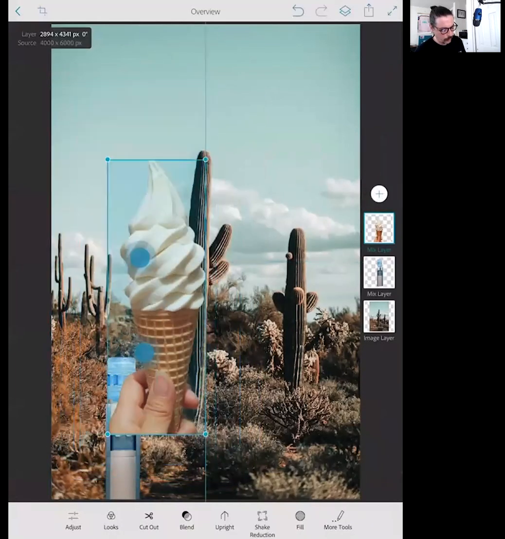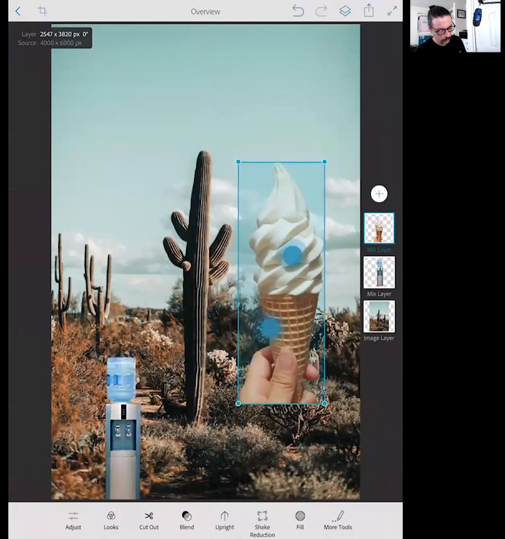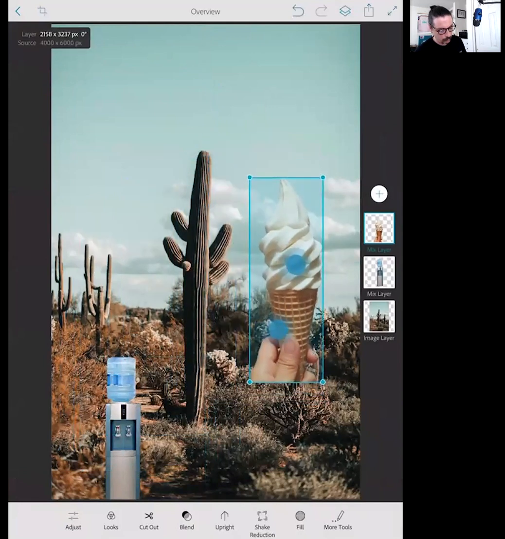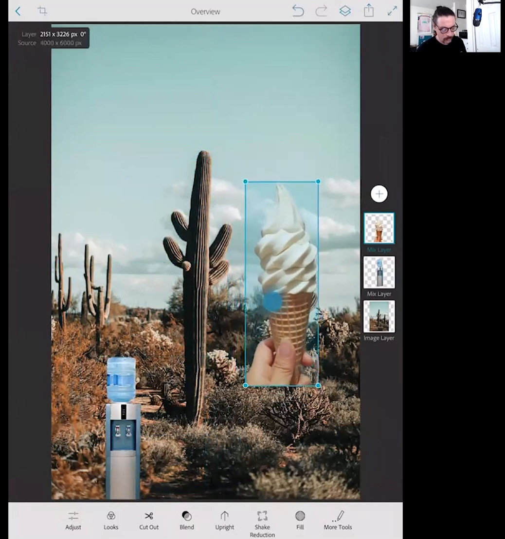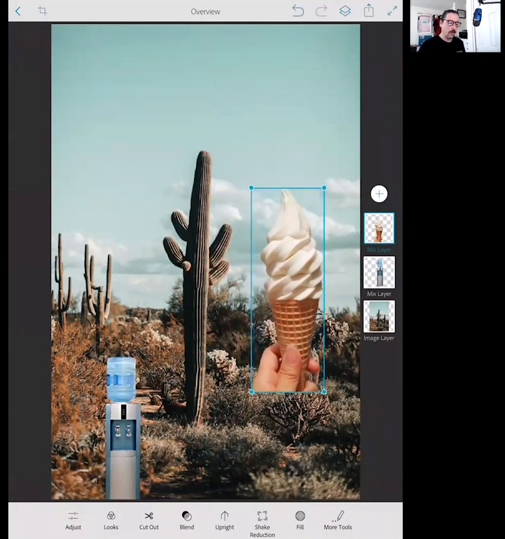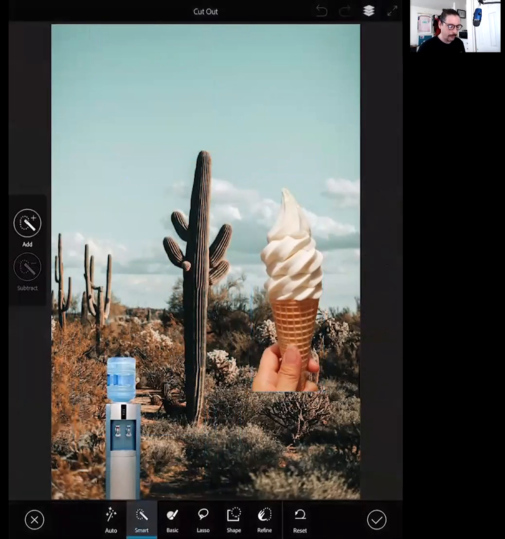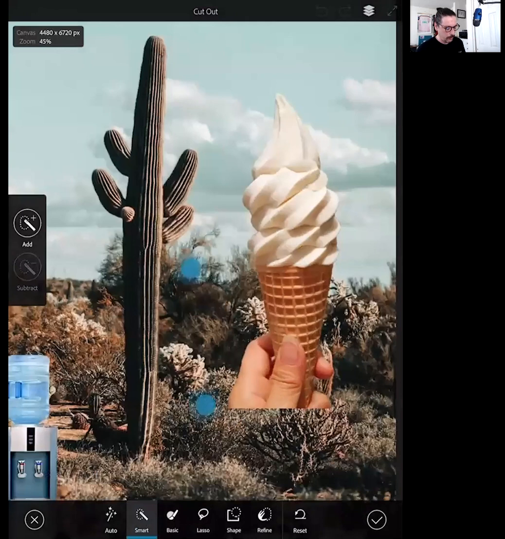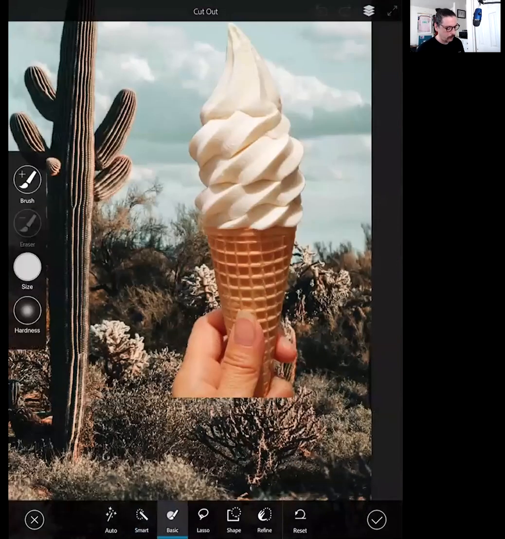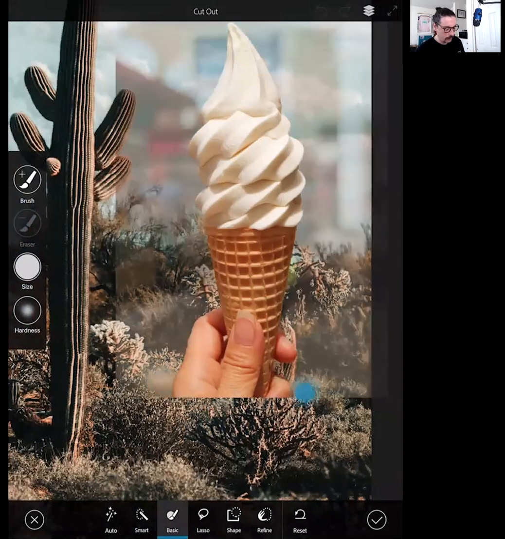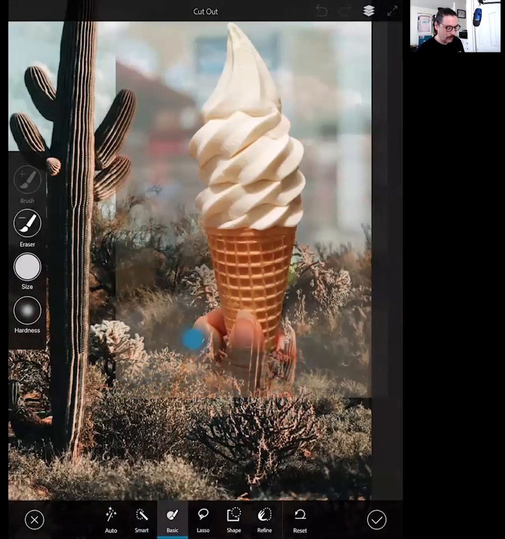But maybe what I actually want is to make this saguaro turning into an ice cream cone. And I think we can make that happen. So I plopped it on there. I made it the same size. Let's go back to cutout and let's zoom in a little bit. And now I'm going to use my basic mode, 0% hardness with a fairly big brush, maybe bigger. And I'll just put it in eraser, and I can go and take the hand off